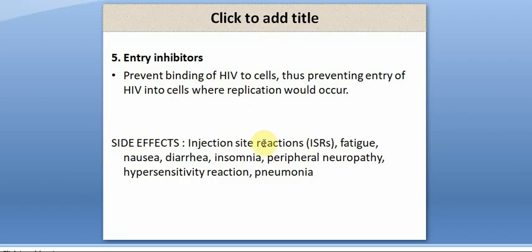At the site of the injection it may result in some reaction. Fatigue can be there, nausea, vomiting, diarrhea, insomnia, that is lack of sleep. Then hypersensitivity reaction in the region where the injection is given. Sometimes it can cause a respiratory condition referred to as pneumonia. Then peripheral neuropathy, where the patient will usually have a tingling sensation, numbness or weakness in the arms as well